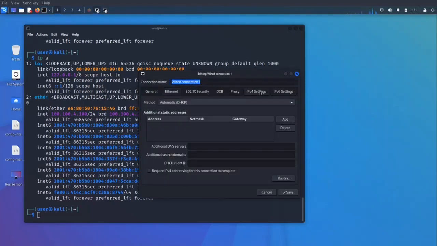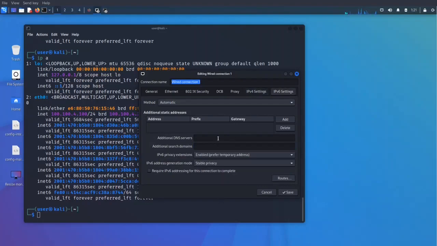So in any case, additional DNS servers. And also here, we can take, for example,